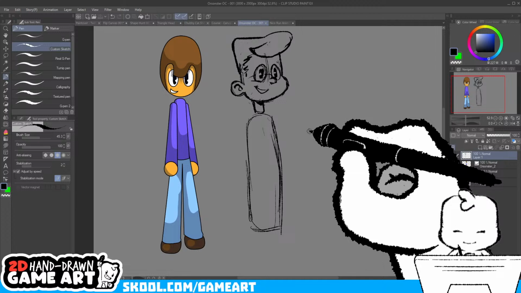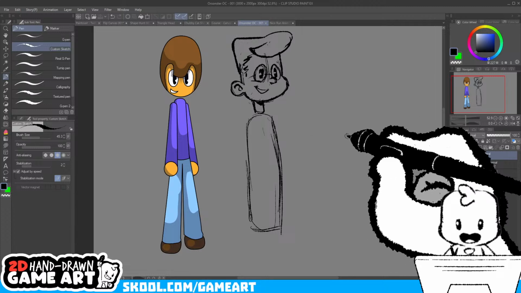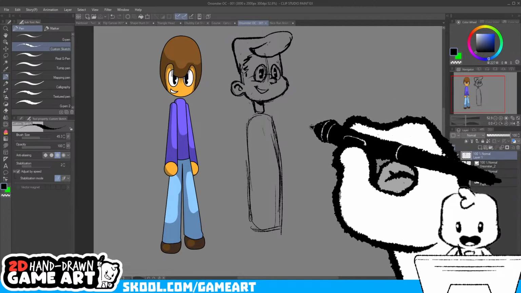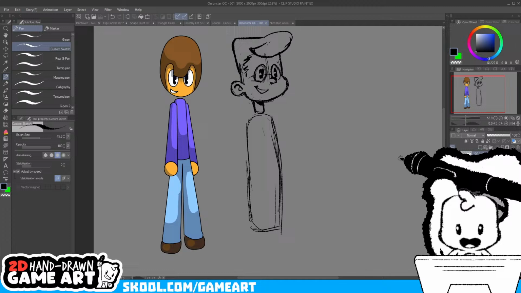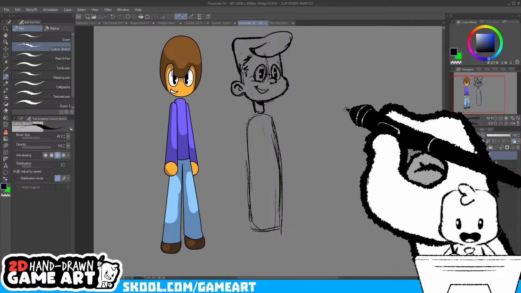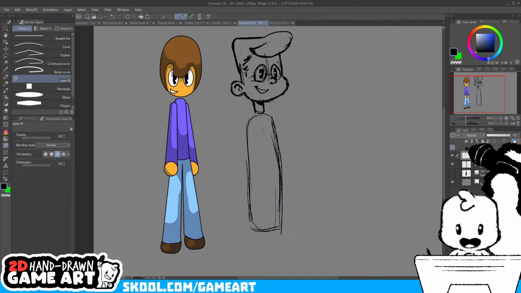Quentin says they're about to give up on line art. Don't give up on line art. It is painful sometimes. Line art is a little painful. I like to use the Bezier curve tool or the pen tool for line art.